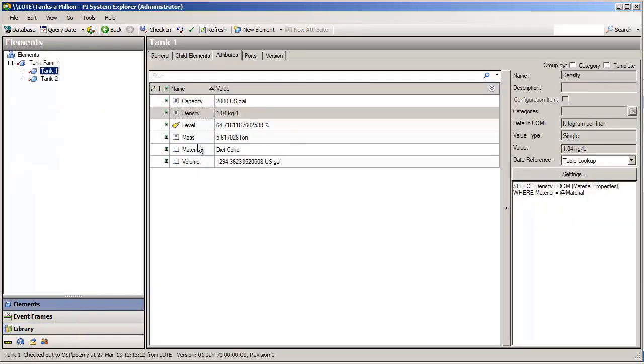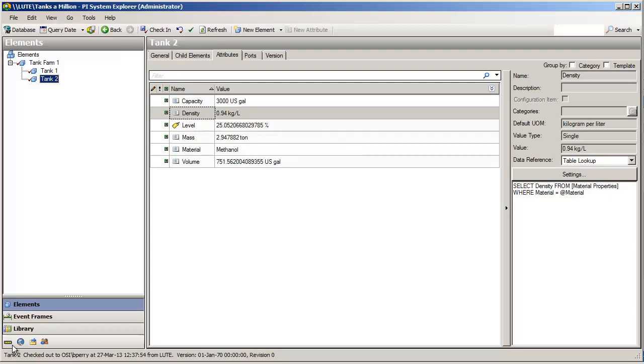If I look at my tanks, sure enough, there's my mass. It's 5.6 tons. That looks pretty correct. And it all happens on demand behind the scenes. Interestingly, the clients, in almost all cases, can ask for this data in any other unit of measure. If I have a client in ProcessBook who wishes to see mass delivered in kilograms, they can ask for that. But all of that is powered by this unit of measure conversion scheme within PI Asset Framework.